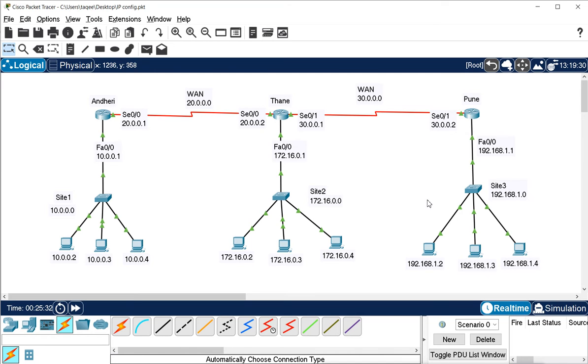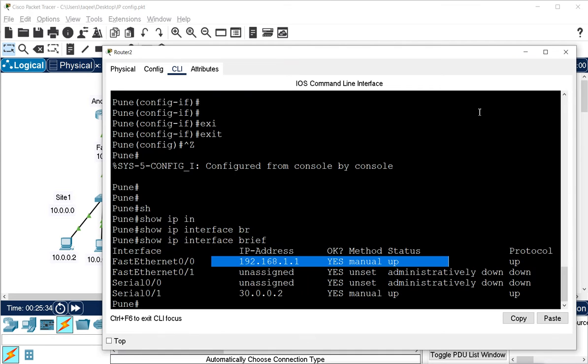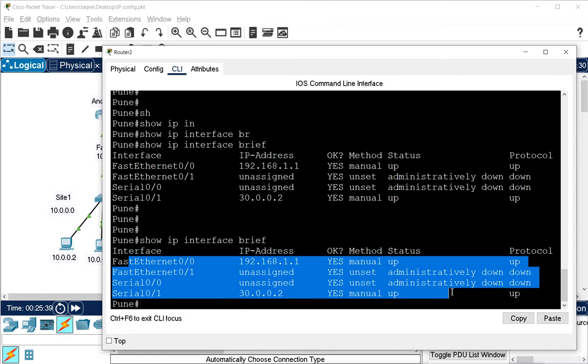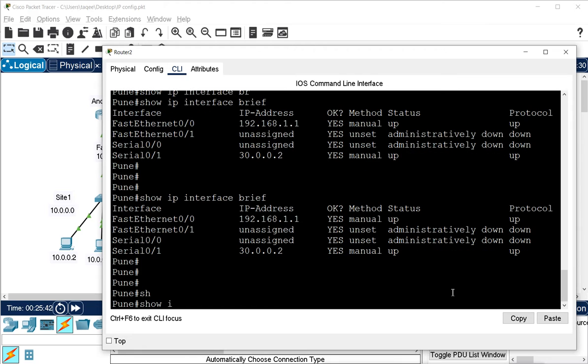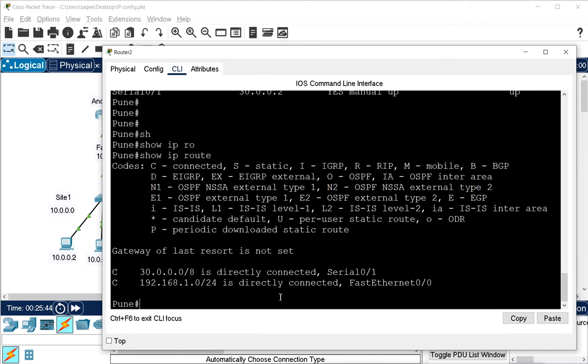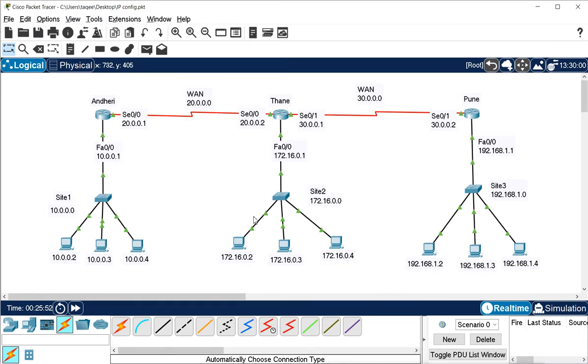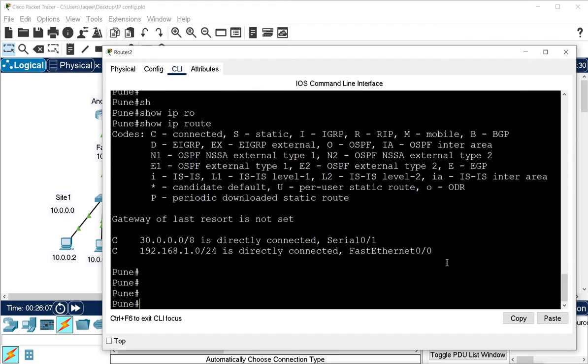Okay, so now when I see this router first, which we added here, we have configured these IP addresses on the interfaces. Now when I check the routing table of this router, show IP route, it knows only the connected network 30 and network 192.168.1.0. It does not know about these other networks like 172.16 and also network 10. It does not know anything about these networks, or network 20 also. So we have to make sure this router knows all the networks and we have to configure it. I will configure the new router first.